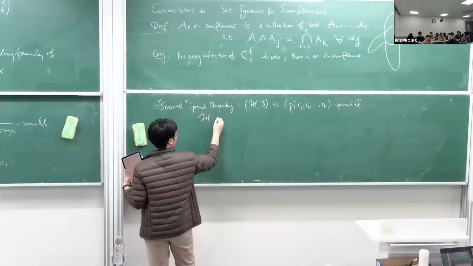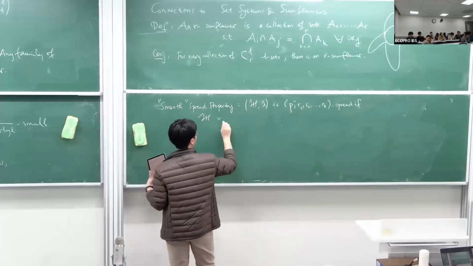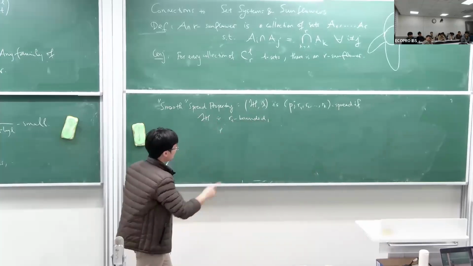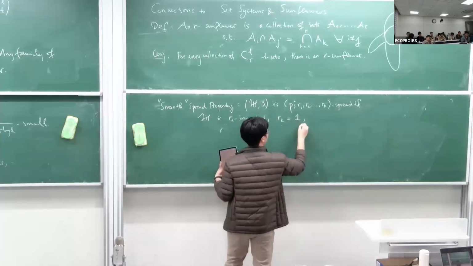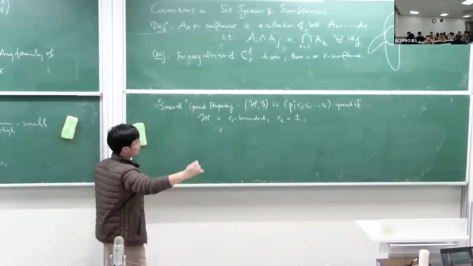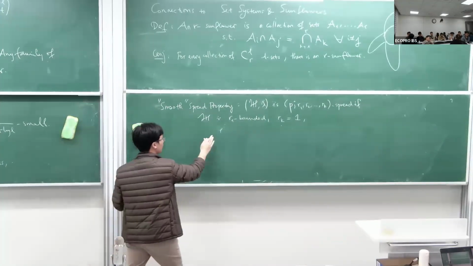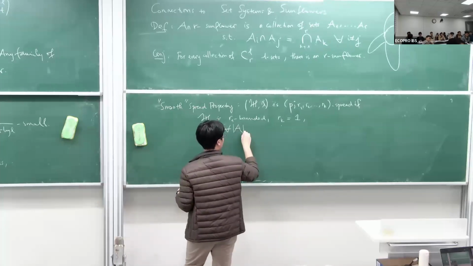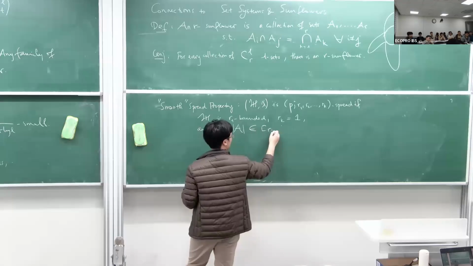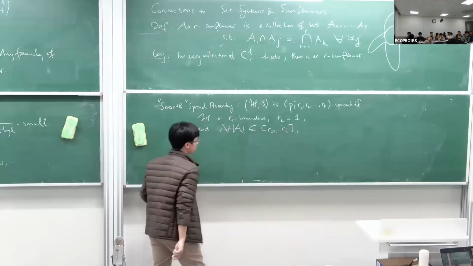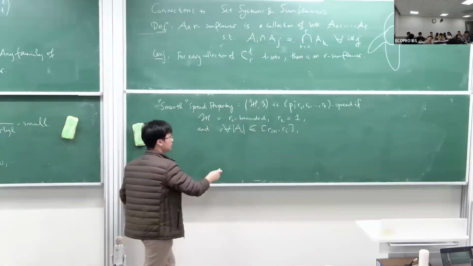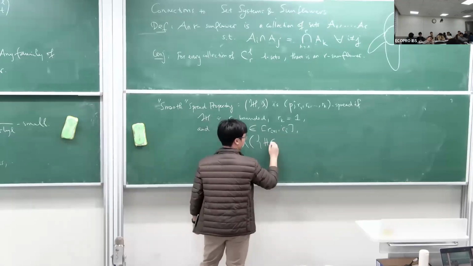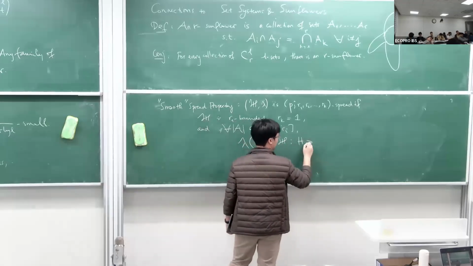R1 should be the uniformity of H, so H is R1-bounded, and RK is equal to 1. The Ri's are going to be a decreasing sequence of numbers. The most important condition is that for all sets A of size between Ri+1 and Ri, you have the following condition. The measure lambda of the sets in the family H that sit on top of A